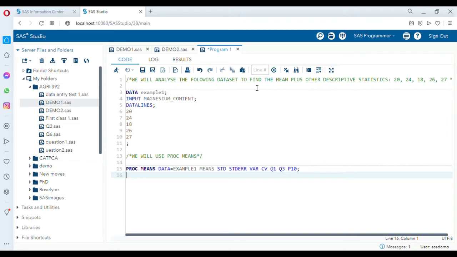Now the variable in question, so we declare the var statement, and the var statement is more useful when you have more than one variable in the input statement. But in our case, we only have one, so the software is going to just analyze data for that one, whether you declare the var statement or not. But we can declare it for the sake of it, magnesium content, right? And then we can run that and see the output,